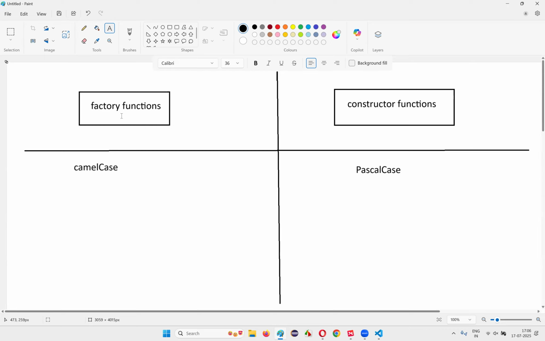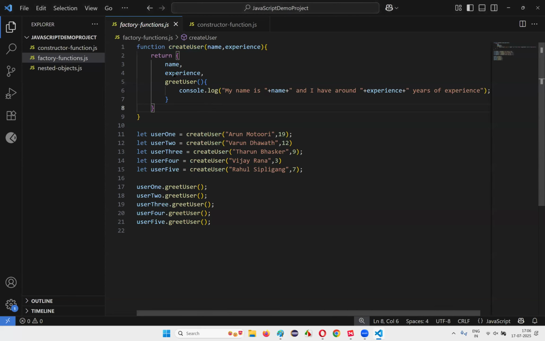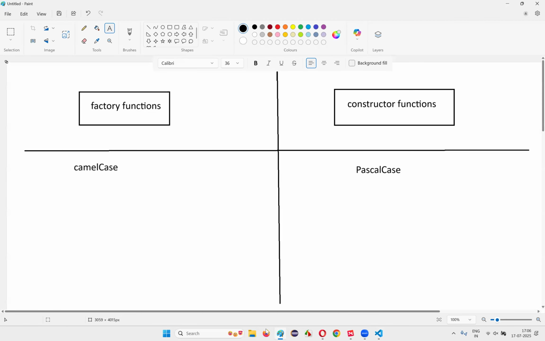The second thing here is, in case of factory functions, the factory functions are going to return the object. When you call this function, it is going to return an object as a return type. Factory functions return objects explicitly. Okay, we need to return the objects explicitly in case of factory functions, but in case of constructor